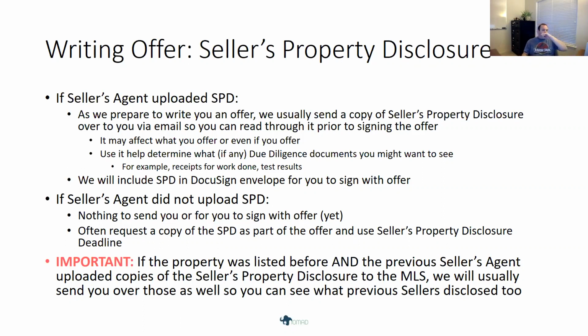Because here's what happens. Okay, imagine again, we have 4 sales. We have one property that's currently for sale right now. It was sold 2 years ago, sold 3 years before that, and it was sold like 4 years before that. So 15 years ago, whatever that number is, there was an original sale. And let's say 15 years ago, the seller actually had a seller's property disclosure and said, hey, listen,